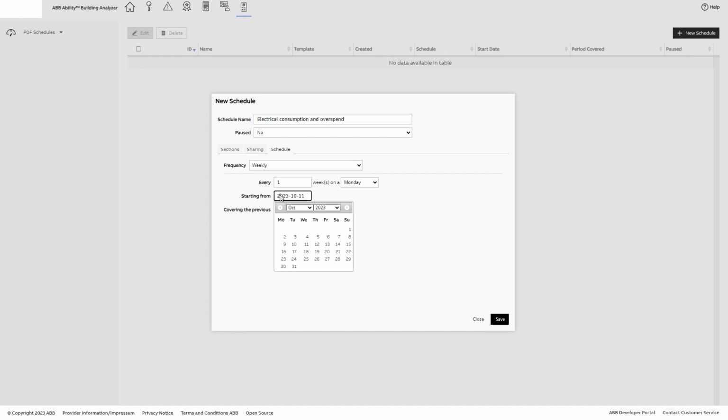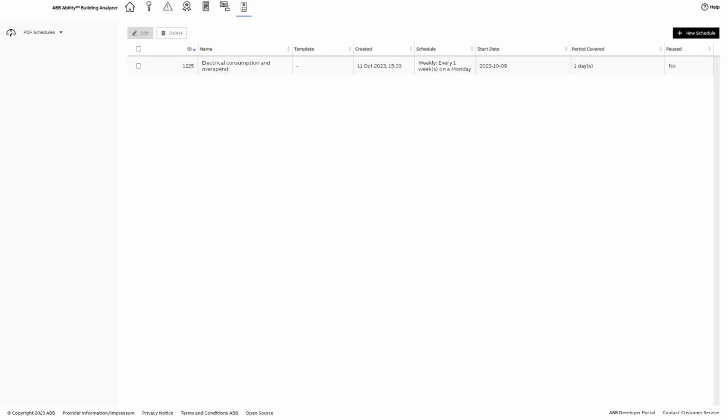If left at today's date, we would need to wait for the next matching schedule period in the future before we could see a report and review it. When you finish the configuration, click Save. Building Analyzer will then generate an email with a link to the report according to the schedule,